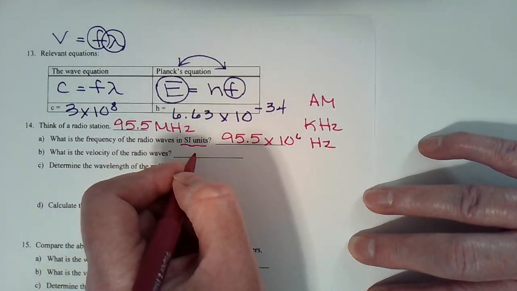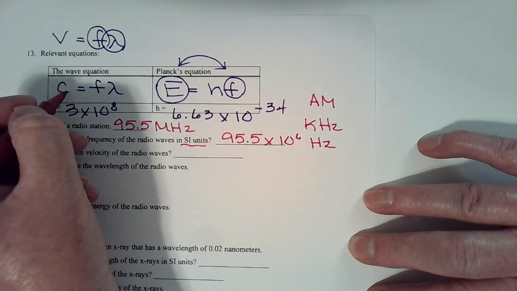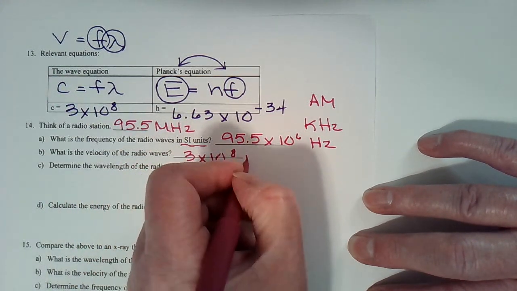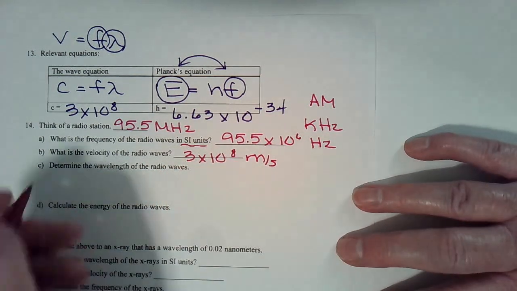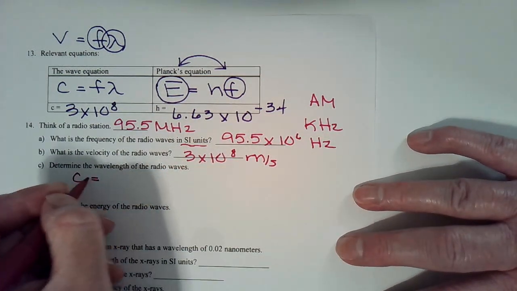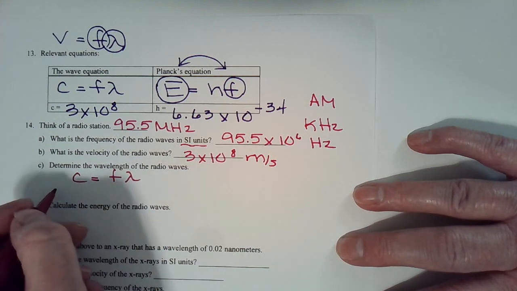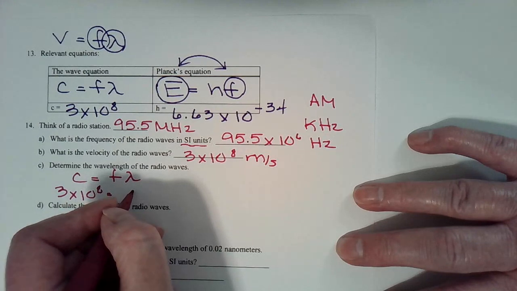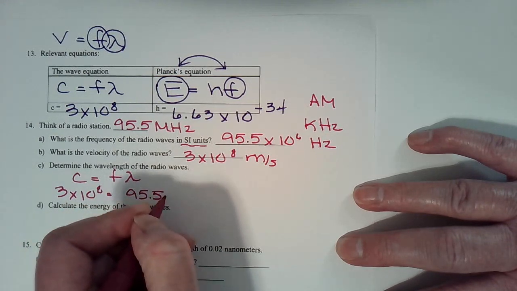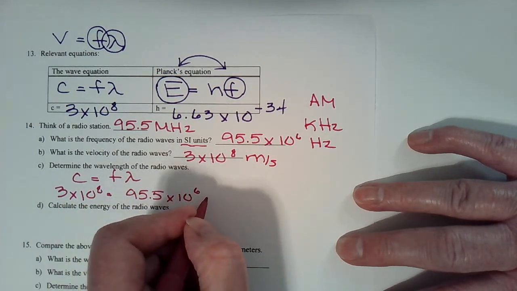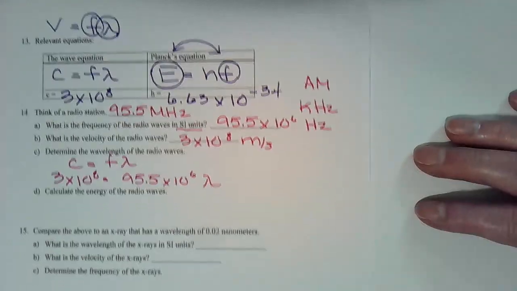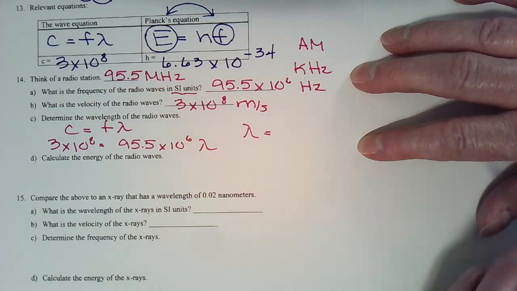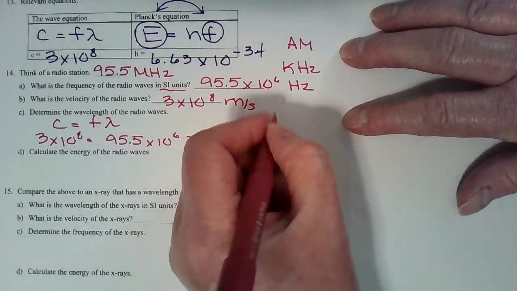What is the velocity of radio waves? Well, the velocity of all EM waves is 3 times 10 to the 8th meters per second. So if you want to find the wavelength, then we can just use this equation, 3 times 10 to the 8th. My frequency is 95.5 times 10 to the 6th, and I can calculate my wavelength. I did this earlier in my video that got stuck, and the wavelength turns out to be